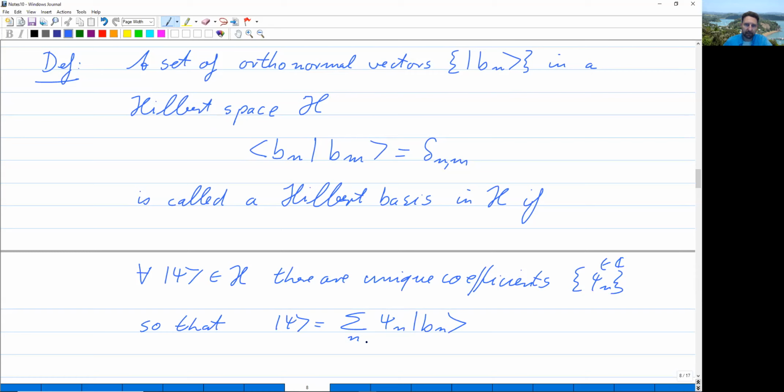And since these are generally infinitely many terms, not necessarily, but usually infinitely many terms,